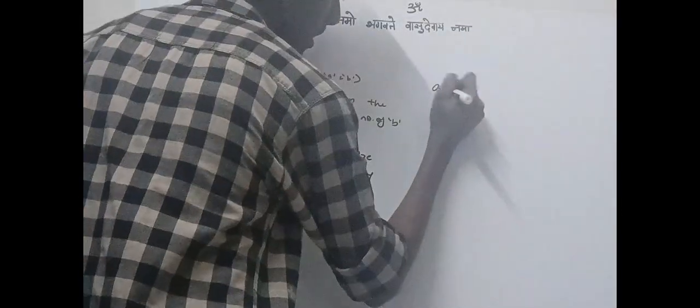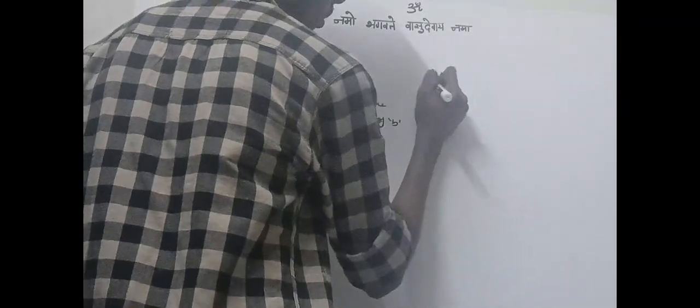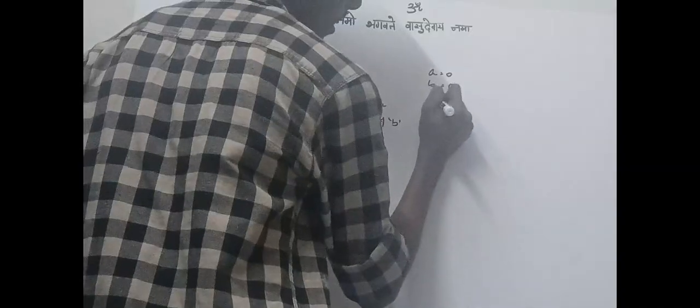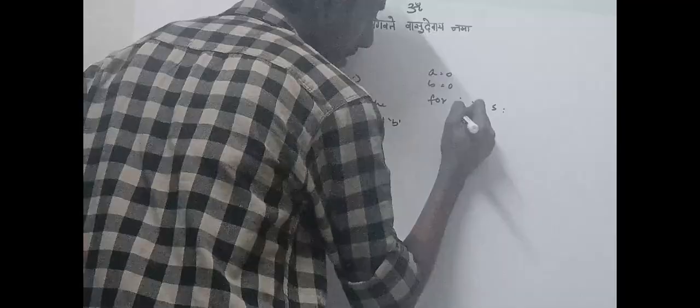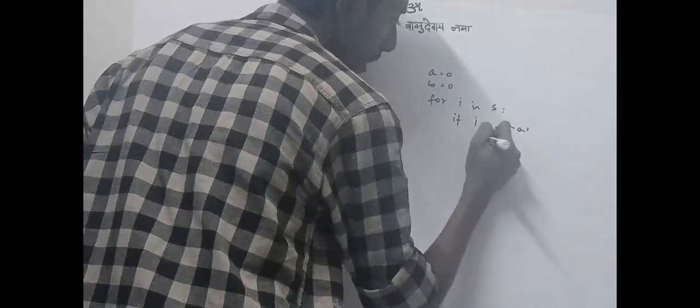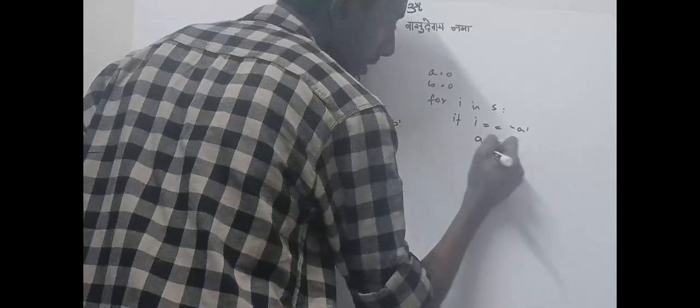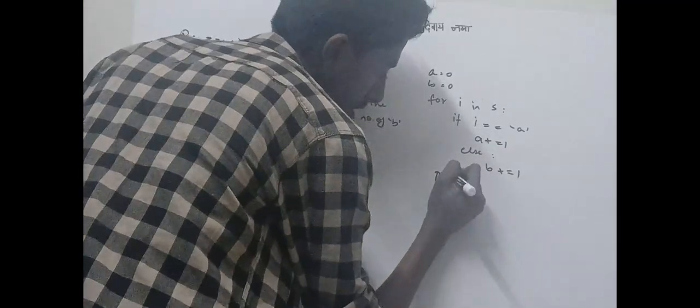So let me just erase it. First you'll just keep count. You can run a loop. Let's say A is equal to 0, B is equal to 0, and I run a loop for I in S. If I is equal to A, I do A plus equals 1, else I do B plus equals 1, and then I basically print, or in other words return